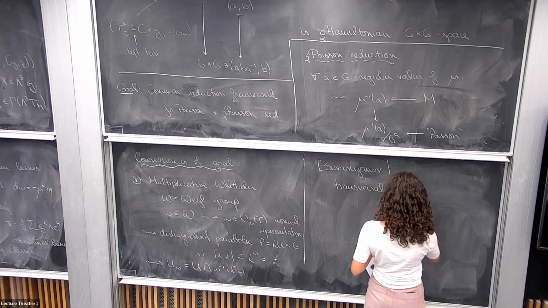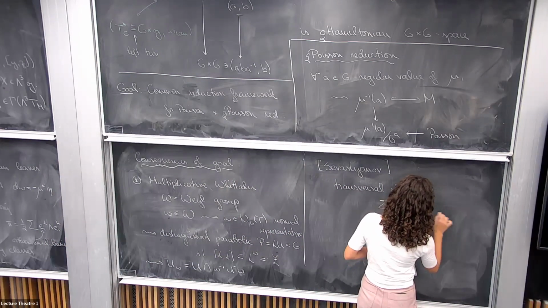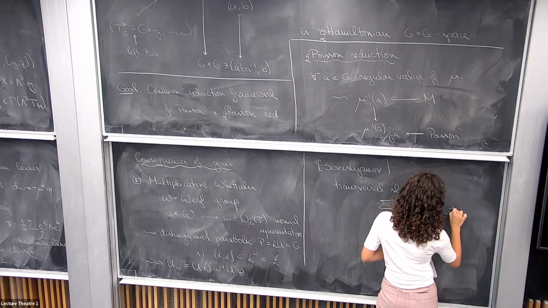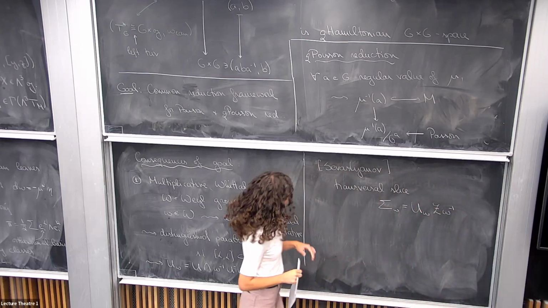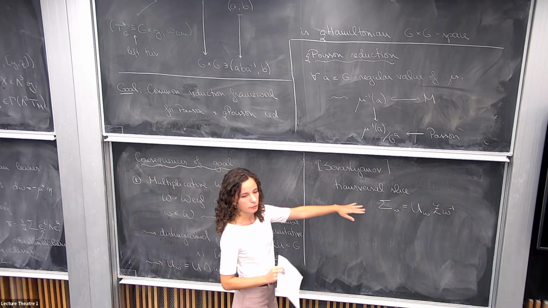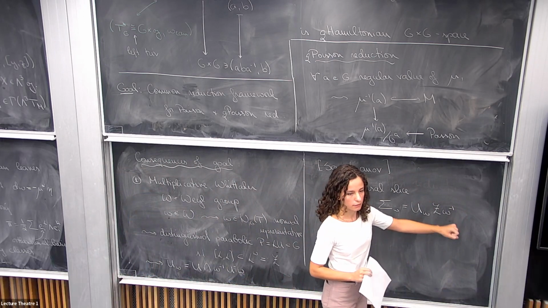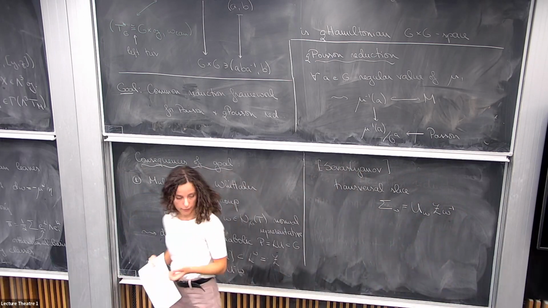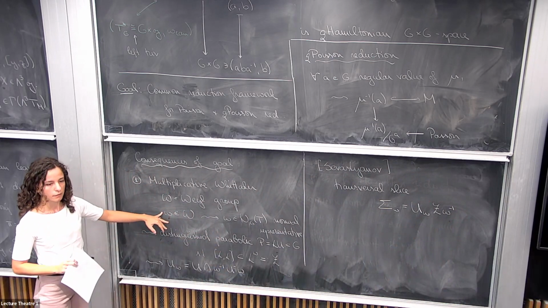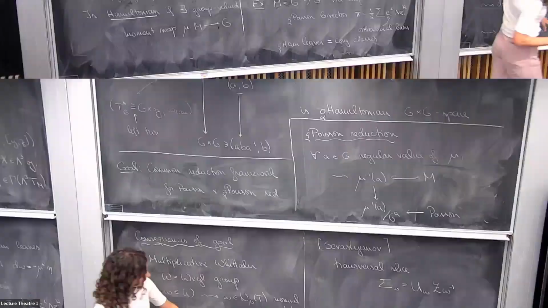Now my transversal slice, sigma sub W, will be U sub W Z W inverse. This is a slice that's transversal to the conjugacy classes of the group G, and it passes through the point W inverse. In the case where W is a Coxeter element, then it fixes no simple roots,